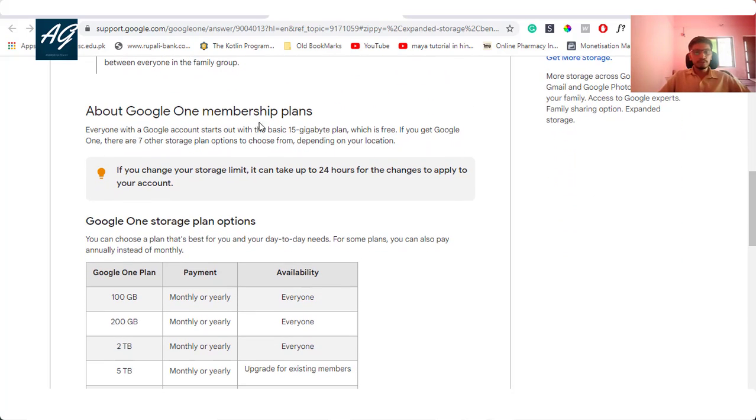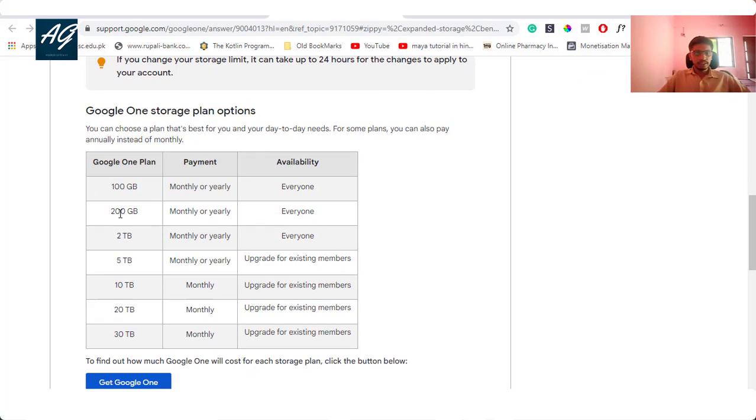Here is the Google One membership plan, and here are the different Google plans. Here is 100 GB, with payment monthly or yearly, then 200 GB monthly or yearly, then 2 terabytes, and so on.